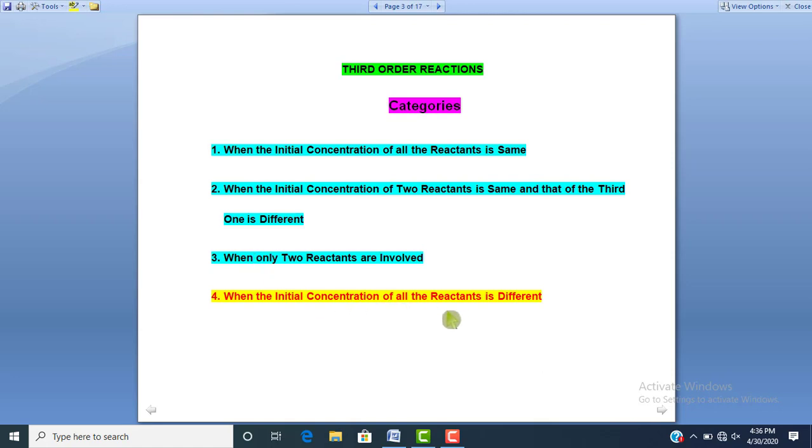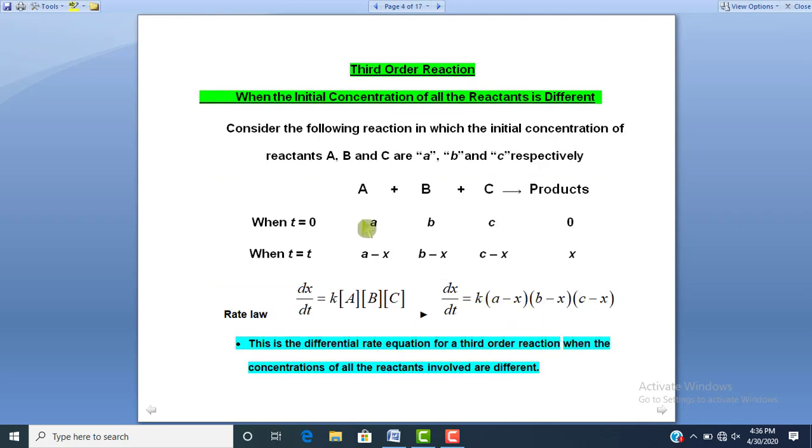So today I will guide you about how to determine the rate constant expression for a third order reaction when the initial concentration of all the reactants is different. So my today's lecture will be related with the third order reaction when the initial concentration of all the reactants is different. Dear students, to understand this type of reaction, we suppose we have 3